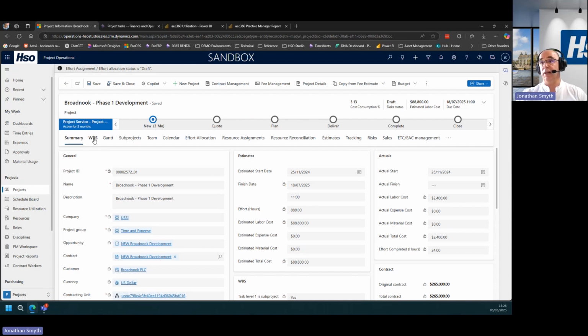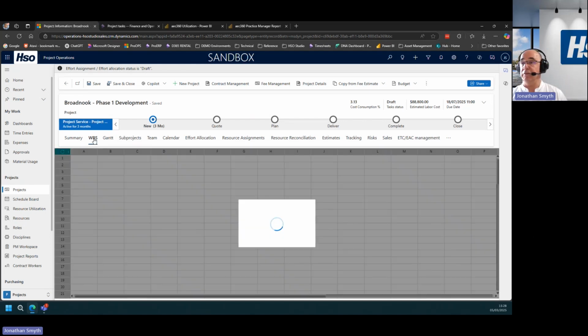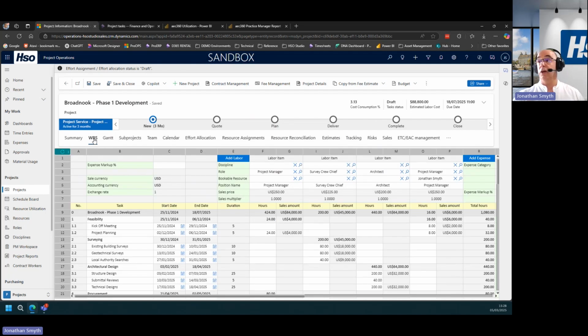And if I just select this second tab, it'll just load all of that associated information, which will have flowed automatically through from the opportunity onto the project itself. Now, as a project manager, sometimes the level of detail that the salespeople put into their opportunities is just not quite enough. So as a project manager, I can refine that. I can choose to add additional tasks or subtasks, and again, move things around so that it more realistically represents the project that I'm going to be responsible for delivering.